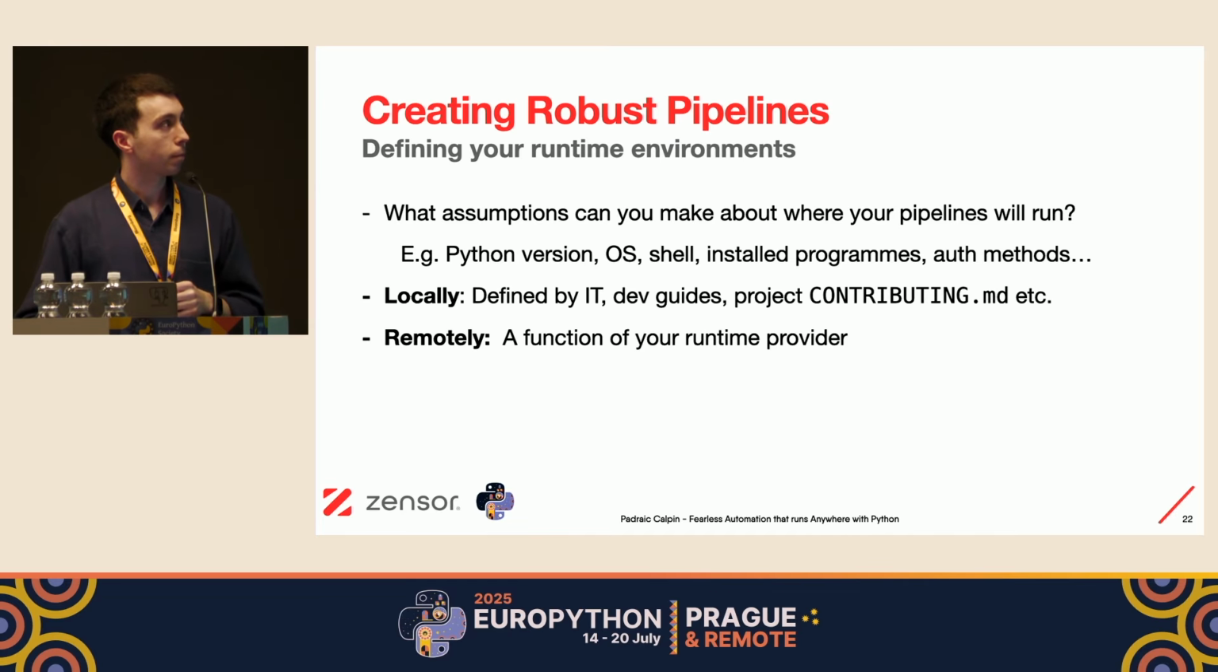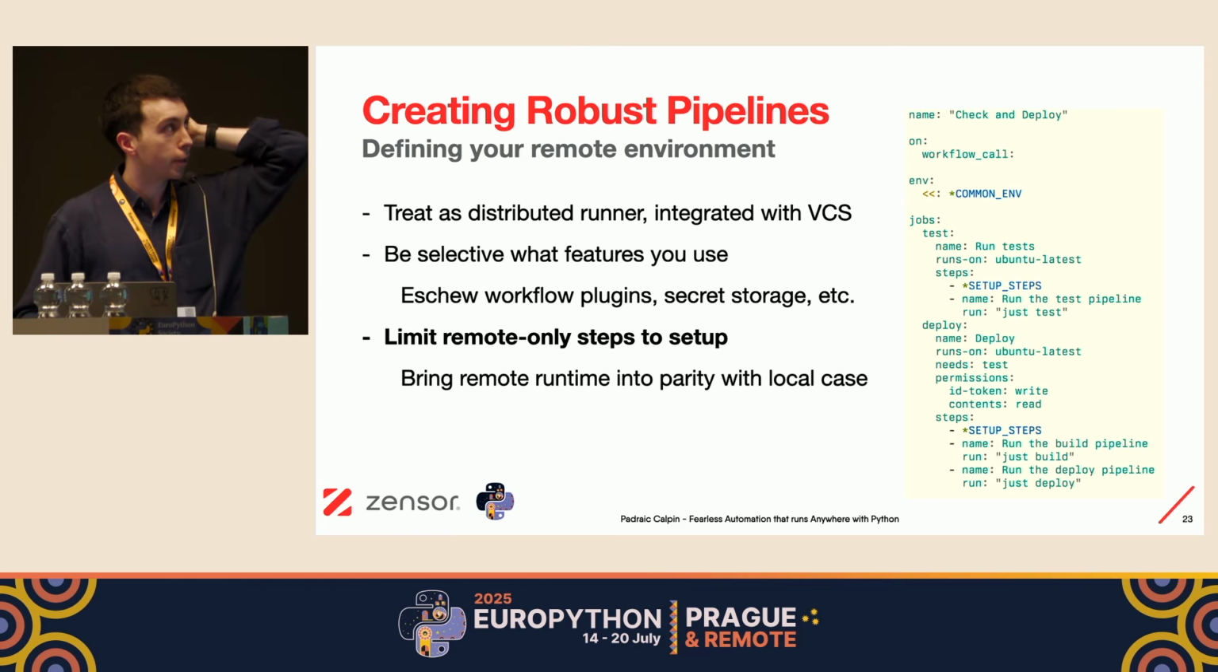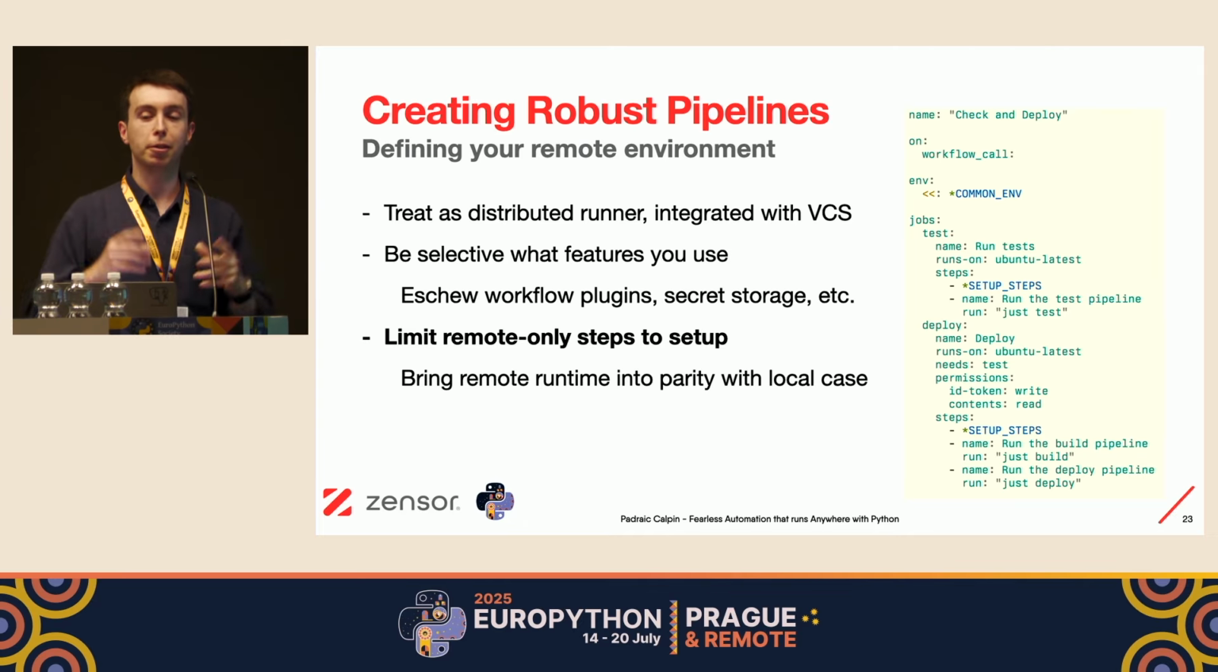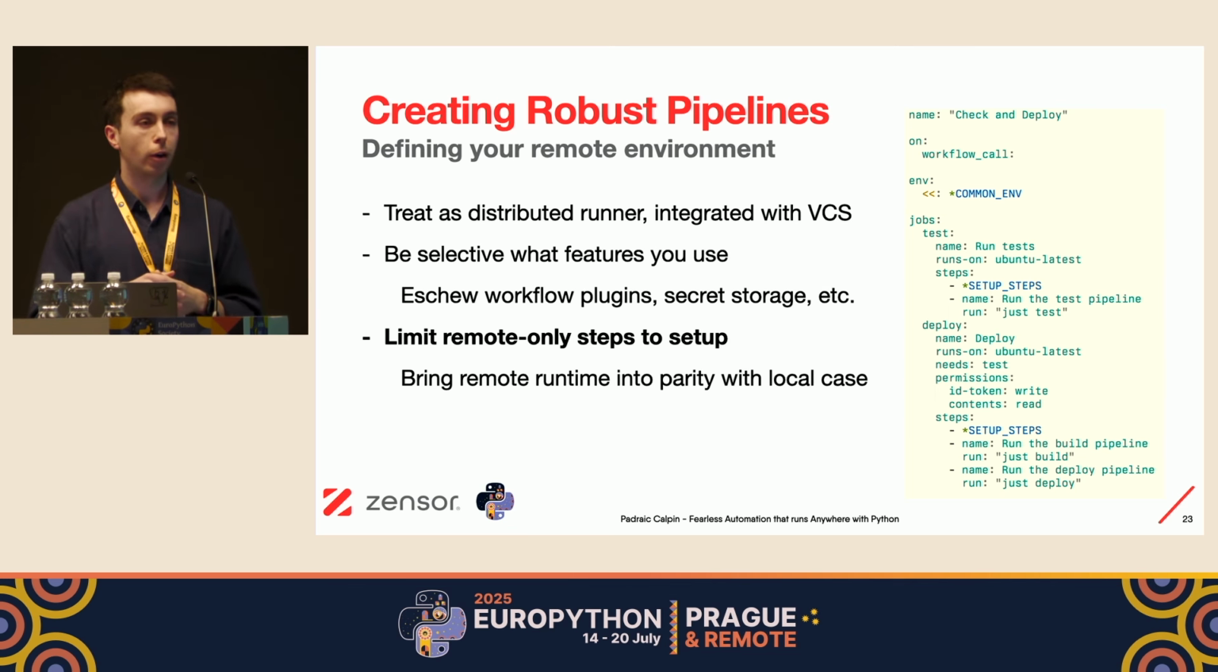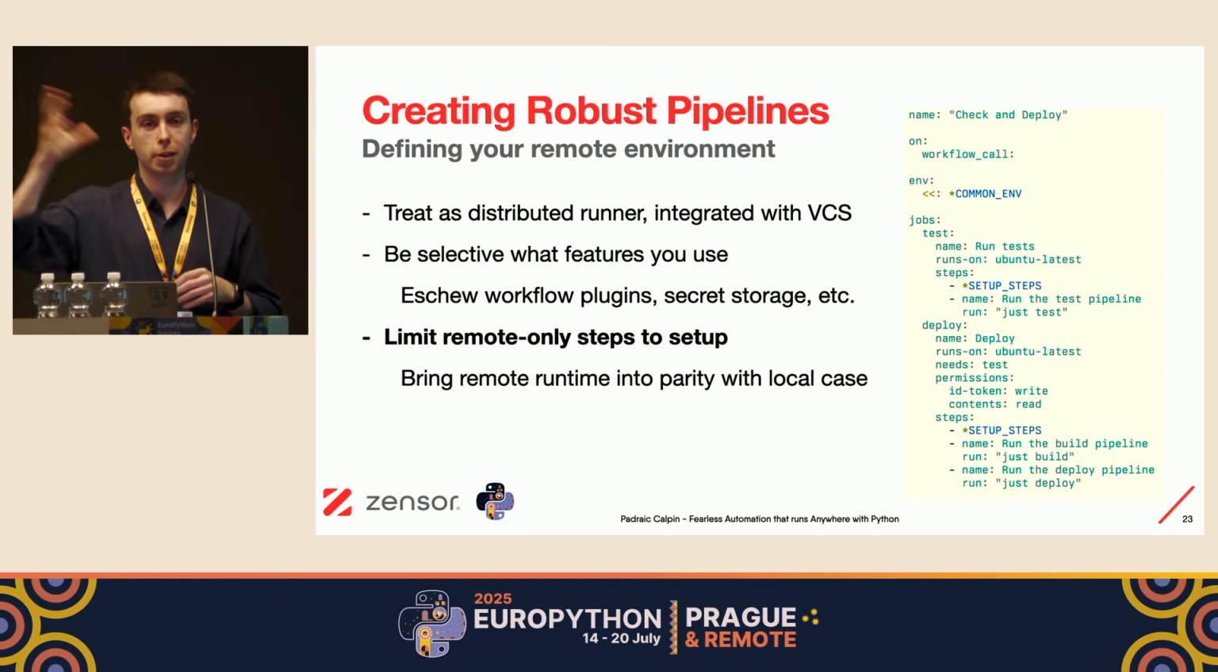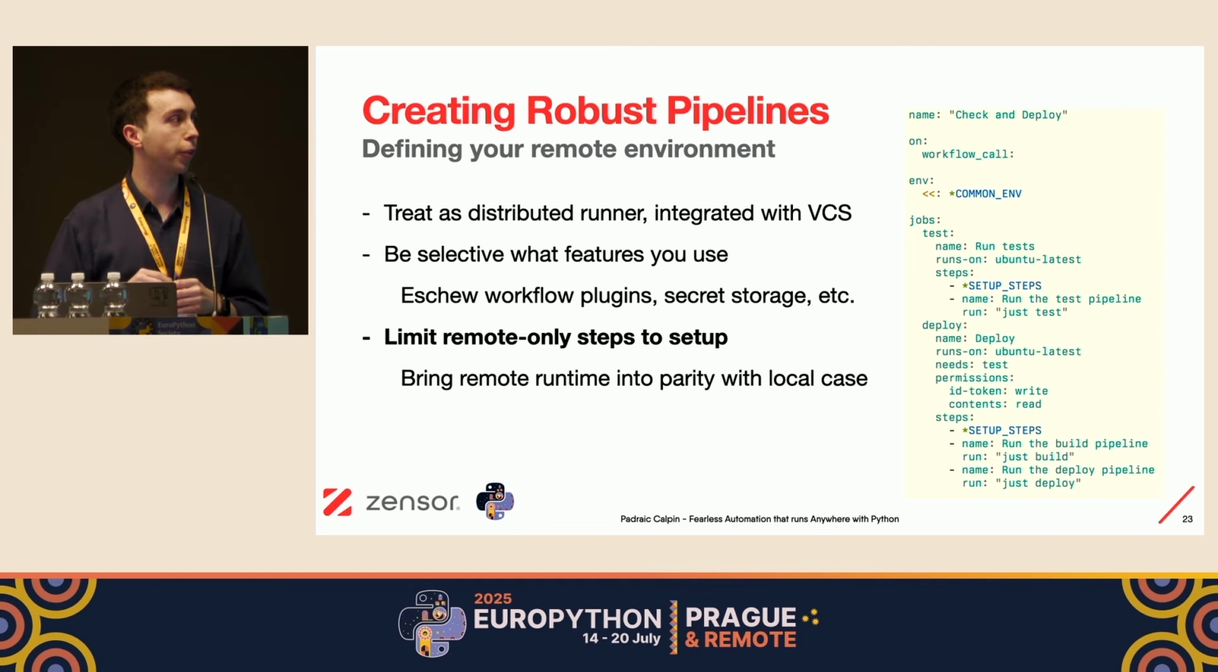And the rule of thumb that we developed at Zensor is that we basically want to think of our remote case just as a nice serverless runner that's really integrated with our VCS and triggers automatically when we want it to. And that in turn means that we're incredibly selective about what other features our CI/CD provider offers. So we really try very, very hard to avoid things like workflow plugins, things that might do whole common pipeline operations, or features like secret storage, features like conditional execution. We try to keep that to an absolute